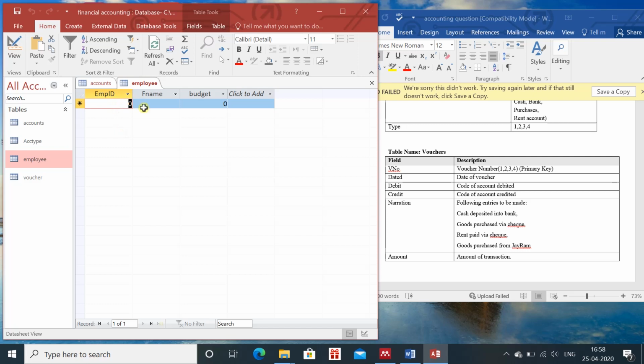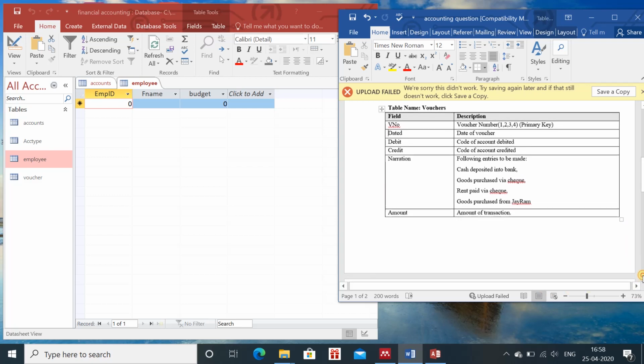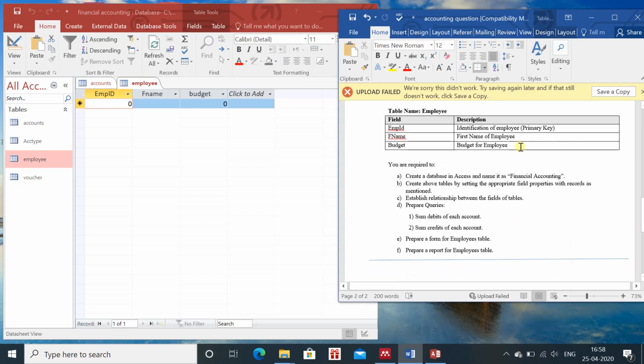In employee table you have to enter, and you can see that they have not mentioned the name of any employee. So this means you can enter the name according to your wish. Make sure that employee ID is a primary key.